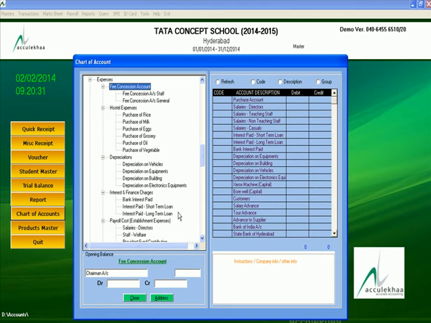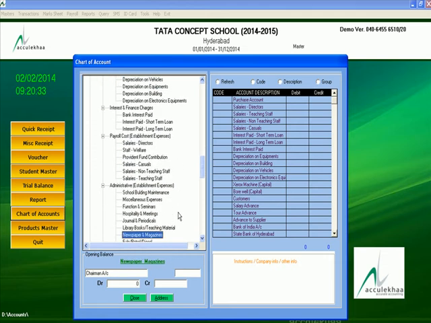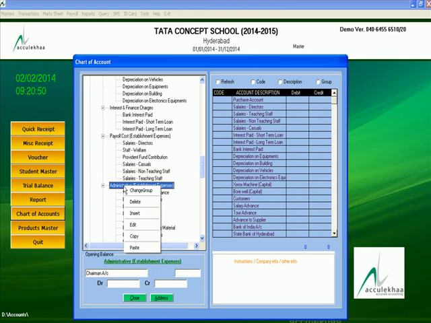In this, I am creating an establishment expenses. This is the subgroup. In this administrative expenses or establishment expenses, I'm going to create a director expenses. For this I have to right click, and insert.